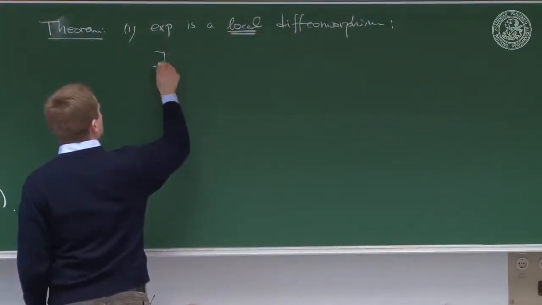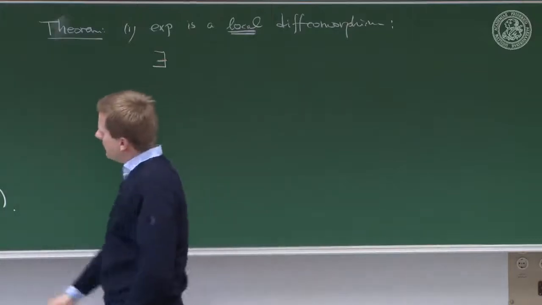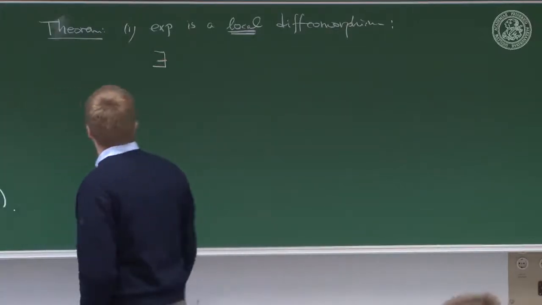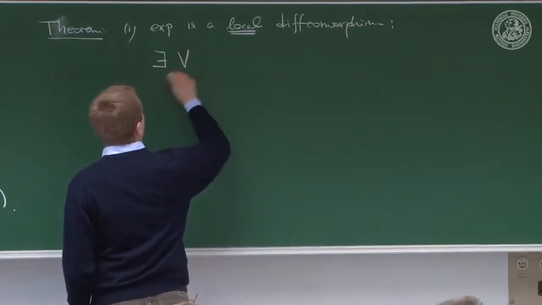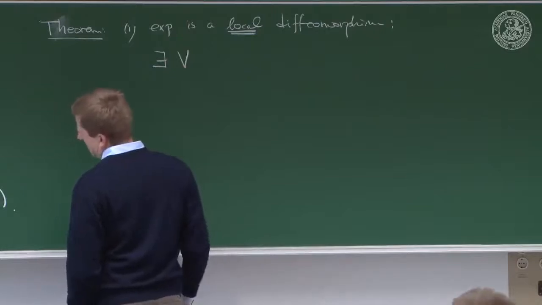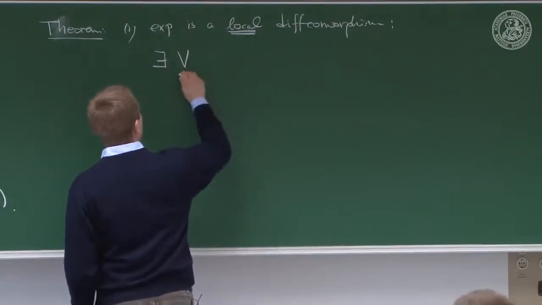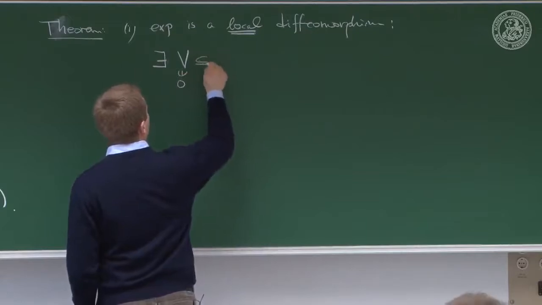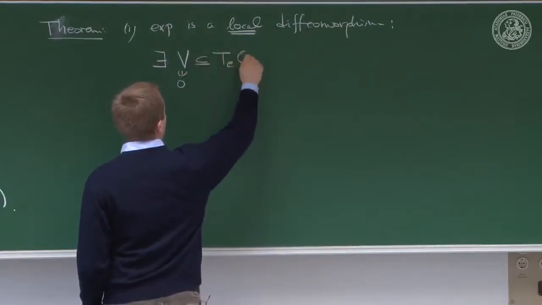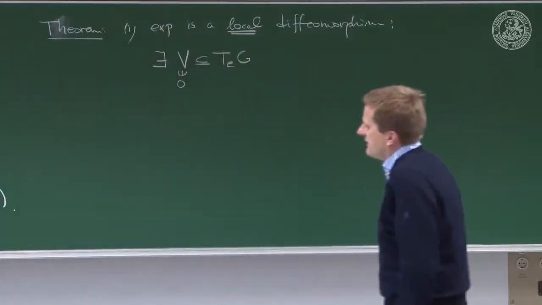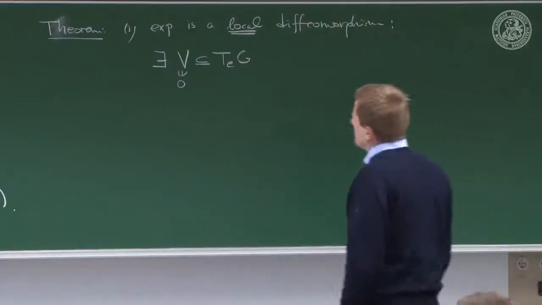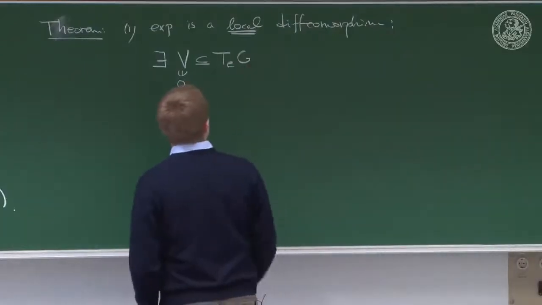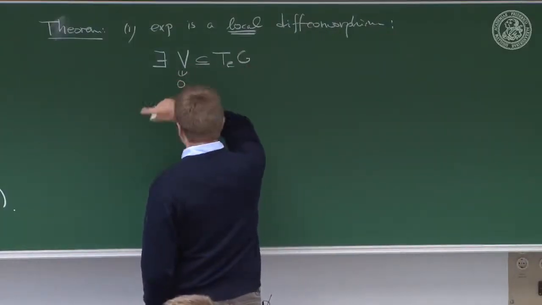It means there exists a neighborhood of the zero vector in this tangent space. It doesn't need to be a vector subspace. Well, it won't, of course. It's just a subset, a neighborhood of the zero vector there,